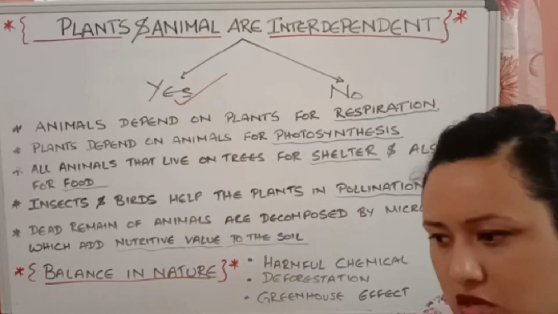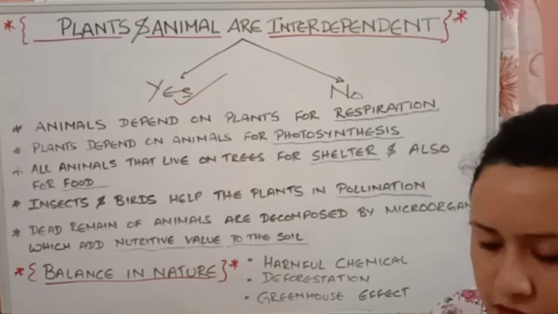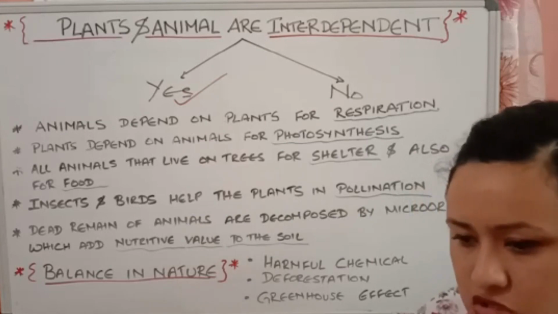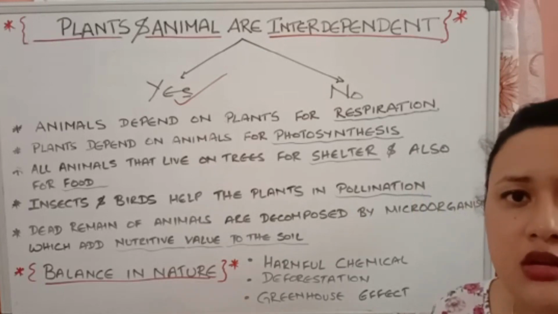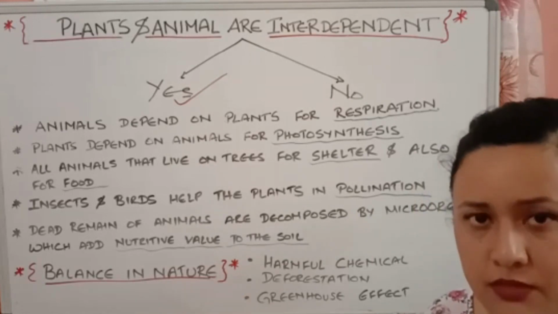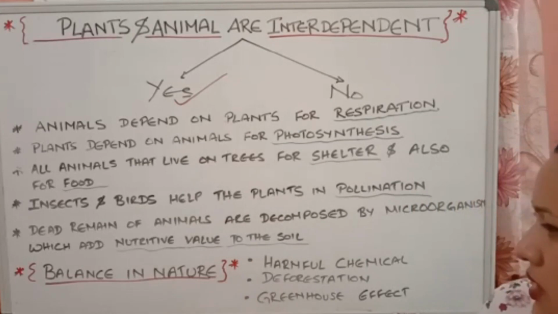Yes or no? If the food chain gets disturbed, obviously if one of the species in the food chain is lost or gets extinct, the whole nature also will get disturbed. So that is the main cause.